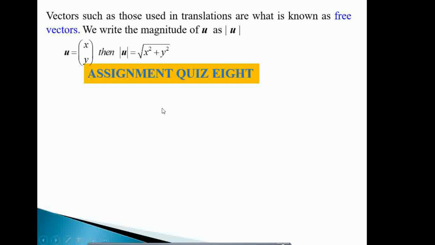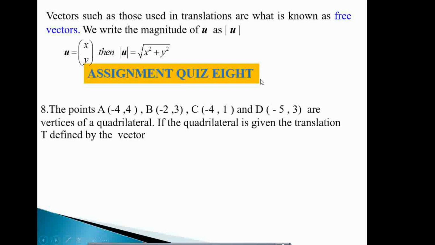Now, assignment on these. So assignment for question number 8. The assignment reads, you can note it down, that the points A(-4, 4), B(-2, 3), C(-4, 1), and D(-5, 3) are vertices of a quadrilateral. So if it is given the translation T defined by the vector, or let me rub this,